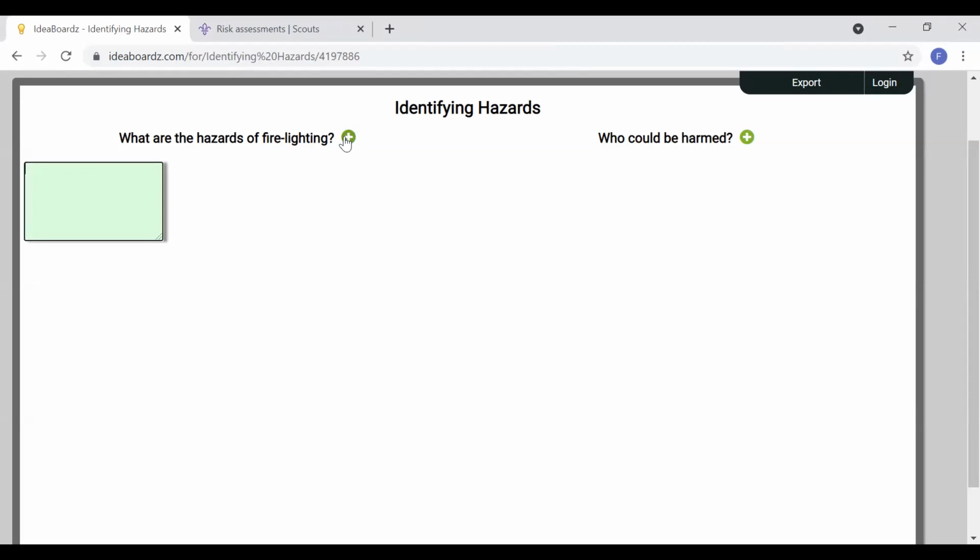Sorry, Elizabeth, did you say the link was going to be put in the chat window? Yes, it is in there. It's in there, but I can't write on it. It won't let me write. Oh, right, on the post-it note? Yeah. Can you click on the post-it note? I have done, but all I get is a ping. Oh yeah, the same thing is happening to me. I've never had that before in Ideas Boards, and I've used it. Oh, I'll put the link again. There we go. Oh, no, that's the wrong link. We've used Ideas Boards so many times, and I've never had that. I've never had that happen.